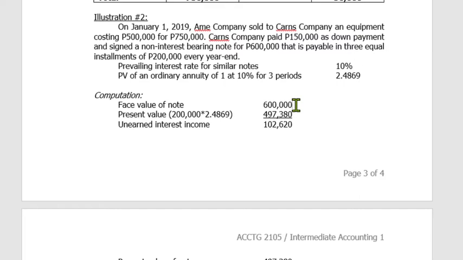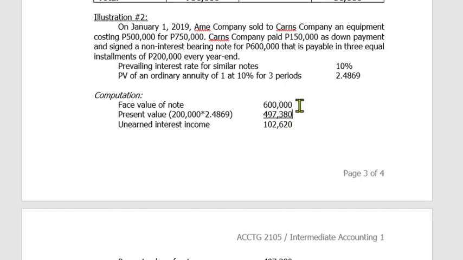So, you just have to multiply yung cash flows, yung 200,000, yan yung marereceive mo every year, times the present value annuity, yung ordinary annuity. Kapag ordinary annuity ang ginagamit kapag year-end. Kapag annuity due ang ginagamit kapag beginning of the year ang pagbabayad. So in this case, binigay na sa'yo yan, 10% for 3 periods. Dahil 3 installments ito. So 200,000 times 2.4869 is